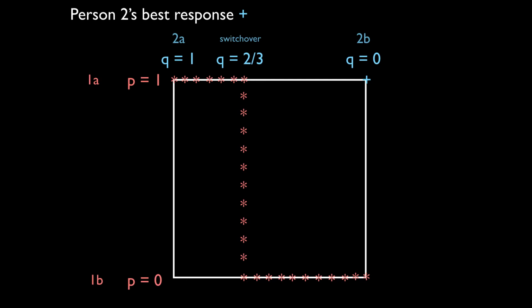What if P is 0.99? What should 2 choose? B or A? B, right? P is 0.9, that is person 1 playing this almost all the time. Person 2 should play B. If P is 0.1, that is person 1 playing B almost all the time. 2 should do what? A, right? So we have this kind of thing. The only thing is at what point there's a switch over, right? Make sense? Where's the switch over there? How do I figure that out?